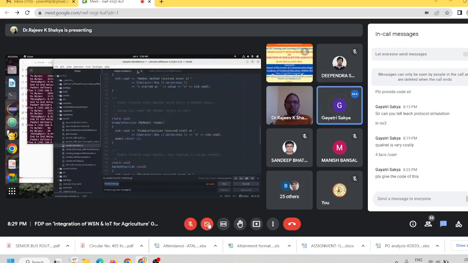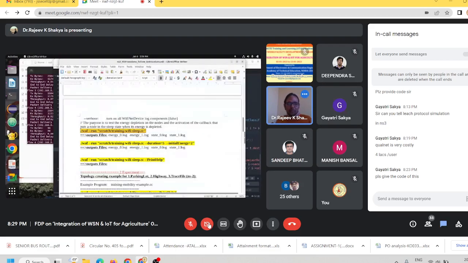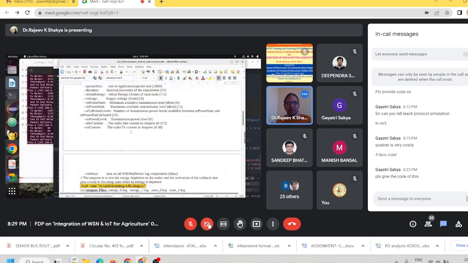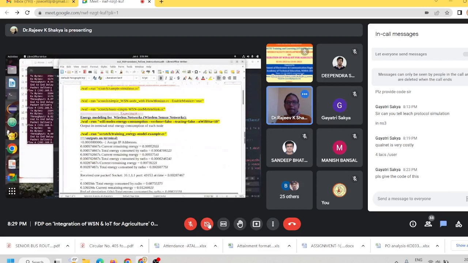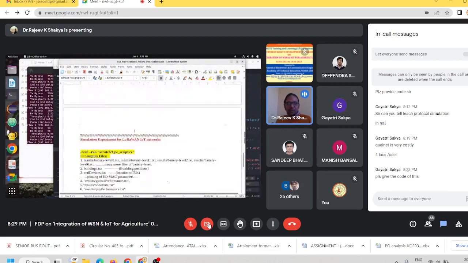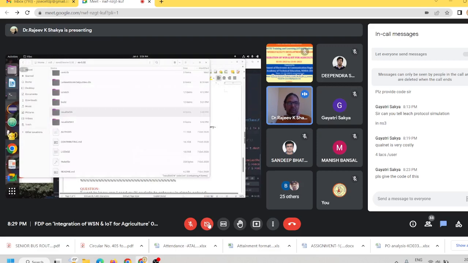So we have discussed these examples, sleep mode, and flow monitor. Now we come to the LoRaWAN simulation. How can we do the LoRaWAN simulation? So we start with the